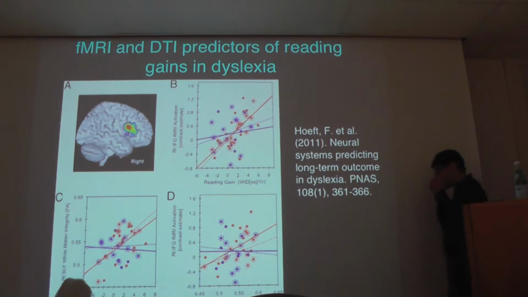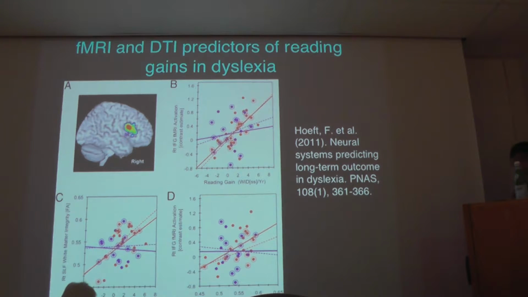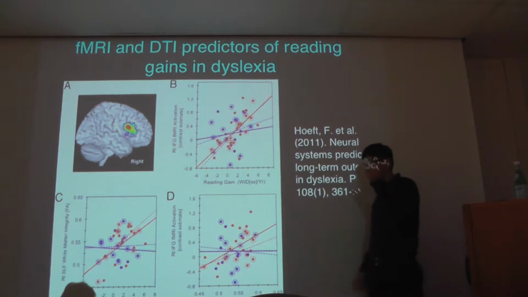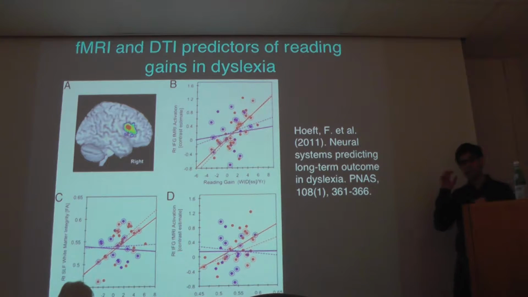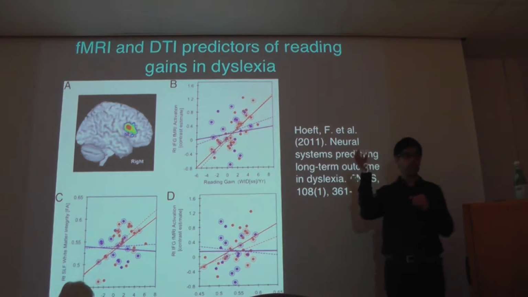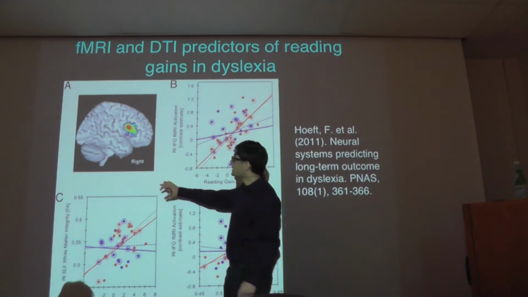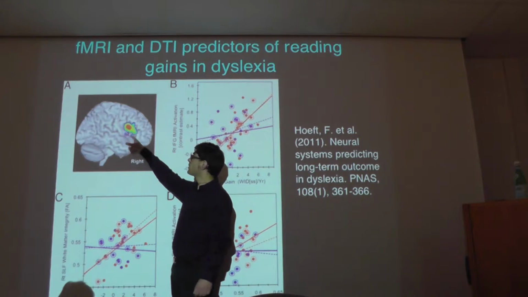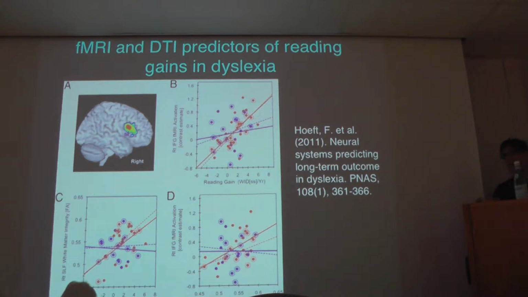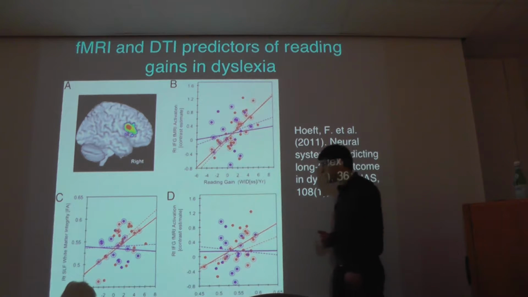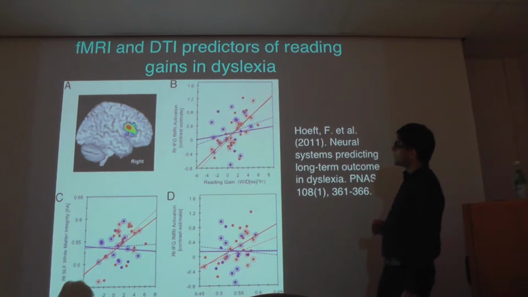And you may remember that last week, sorry, on Tuesday, we talked about how your standard reading areas, your standard language areas in general, these left hemisphere, Broca's, Wernicke's type areas. But dyslexics often show a sort of compensation by maybe bringing in right hemisphere areas that don't typically get used otherwise. So they actually found that the areas that were most predictive were these right hemisphere regions, a more or less mirror image of Broca's area. So it's almost as if the more you bring that region into play, the more likely you are to compensate and get better. And so what this is a plot of is